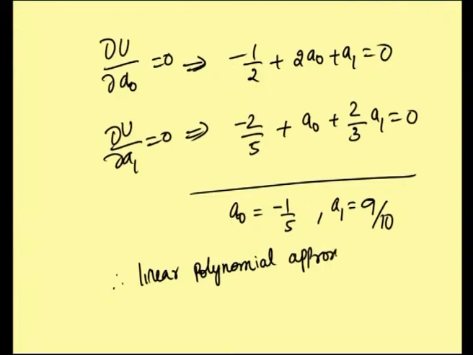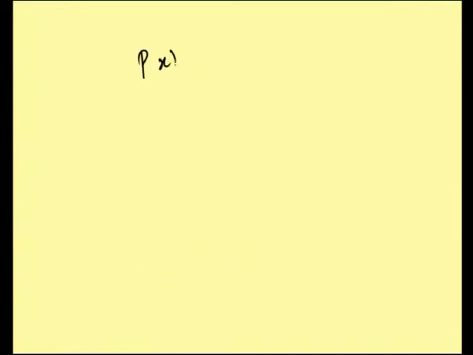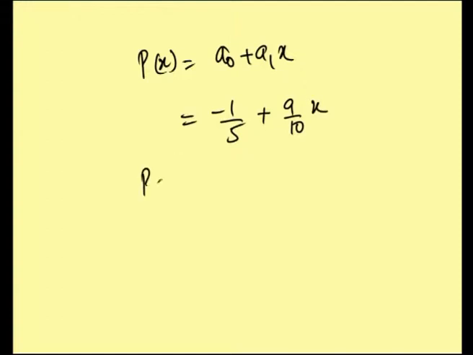So, linear polynomial approximation for f of x equal to x cube is p of x is equal to a0 plus a1 x, and a0 is minus 1 by 5 plus 9 by 10 x. So, that is p of x equals 9x minus 2 by 10,